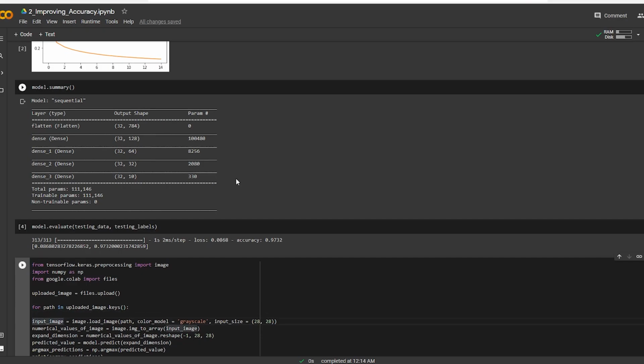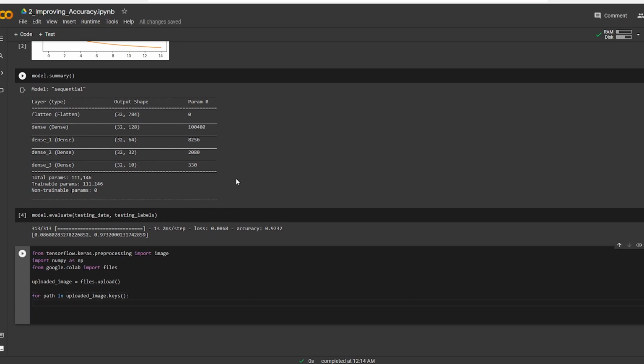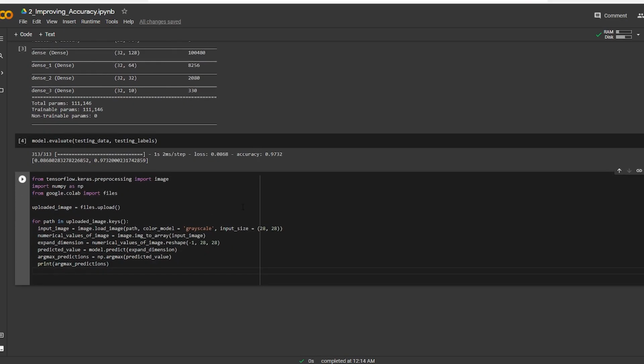Now I'll put this entire code into that. Let's say control V. I'll have to arrange it, and we have it. So this is the code to predict the image. Now let us see if it works in the first place, because if it is not working, I'll have to make some changes. I think something might have gone wrong. Let us not assume, let us just check it. I think it is IMG, I forgot that one.